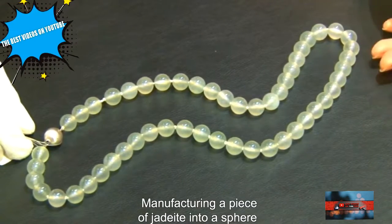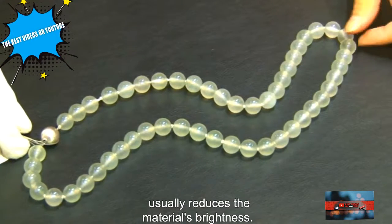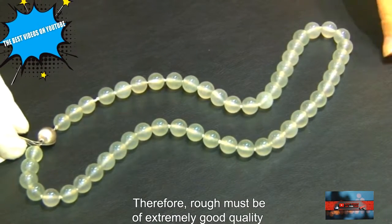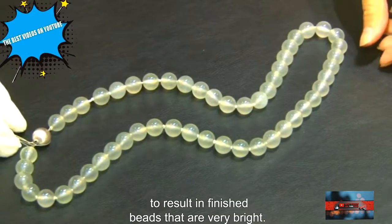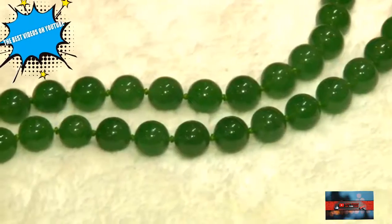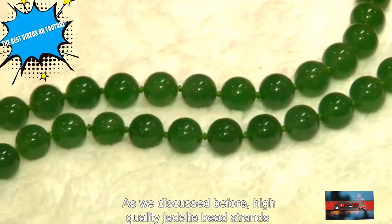Manufacturing a piece of jadeite into a sphere usually reduces the material's brightness. Therefore, ruff must be of extremely good quality to result in finished beads that are very bright. As we discussed before,